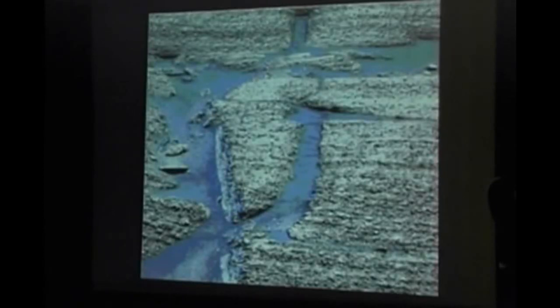Picture taken by one of the Opportunity rovers on the surface of Mars. And the tracks made in the surface there were made by a rover, an Opportunity rover, as it passed by. And as it passed by, some liquid filled in the tracks and froze, and it's as you see it there. This happened several years ago, and there are many pictures like this, including pictures of the rovers with muddy wheels